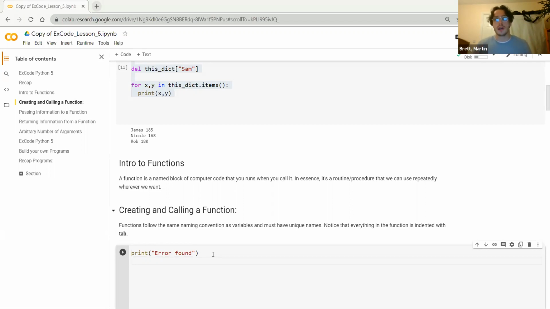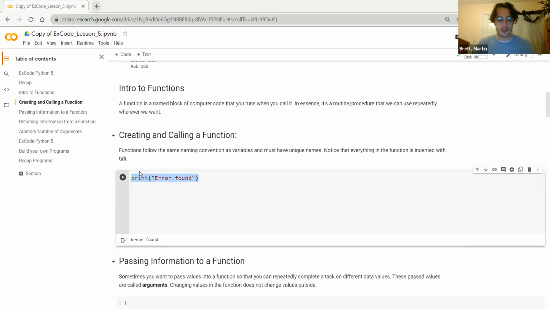You don't want to have to write this every time there's potentially an error being found. You want to be able to call something that handles it itself. So you've got really important code and you want to use it multiple times, at random points throughout the program. You don't want to completely rewrite it over and over again. That's where a function comes into play. It's basically something that you can call, and then it will take the program to go there and complete that code. So in the case of printing that an error has been found,